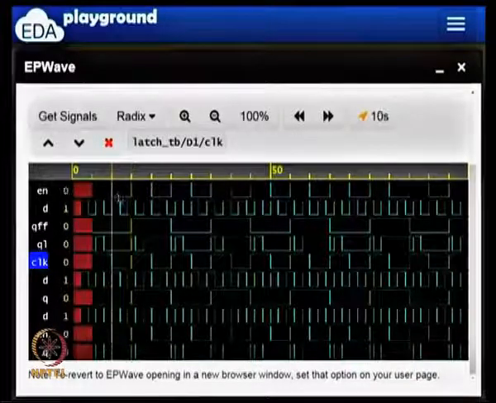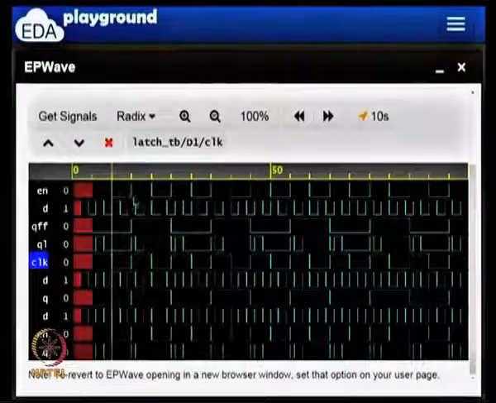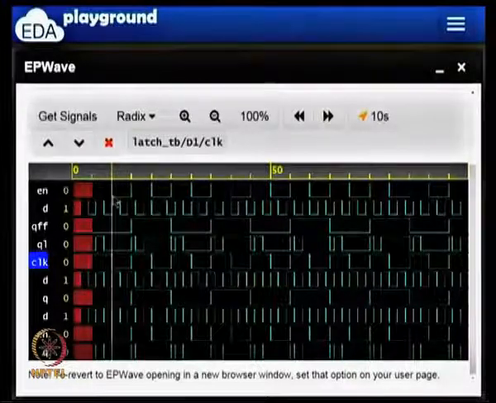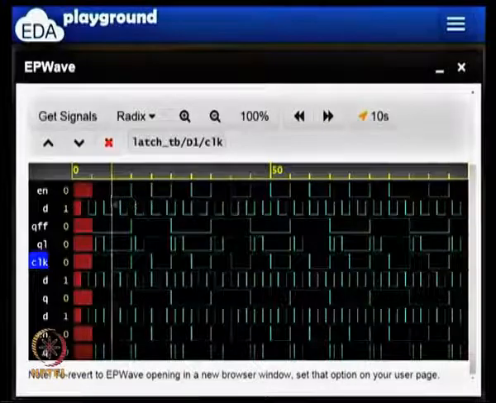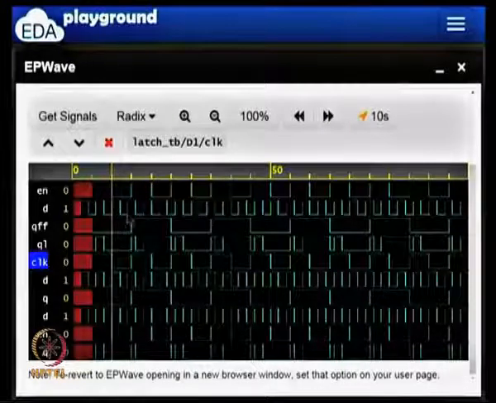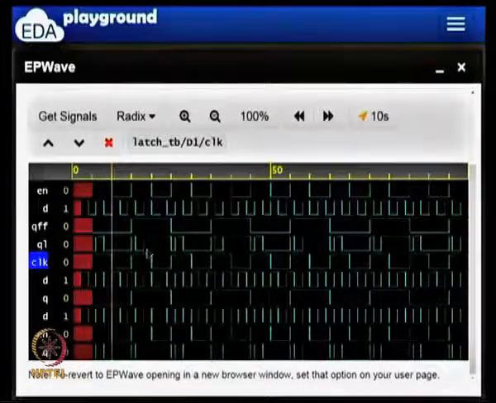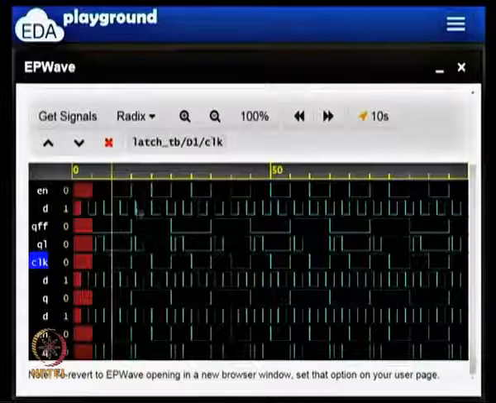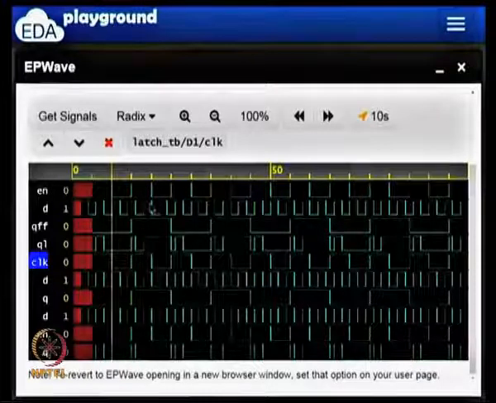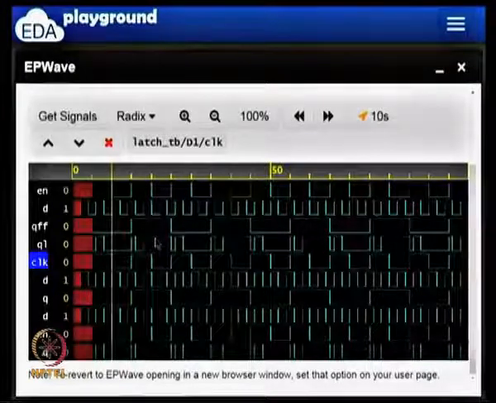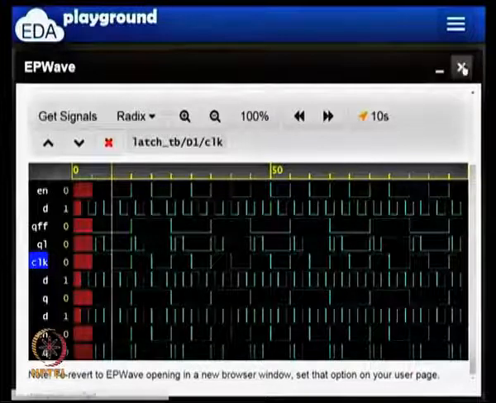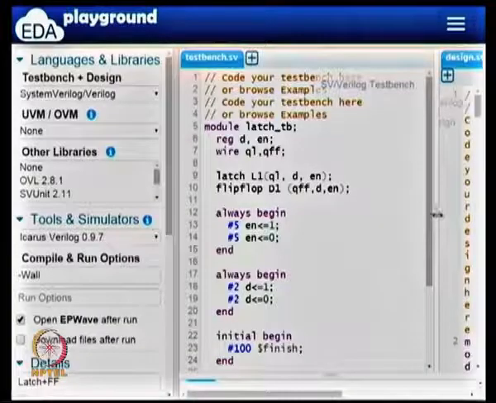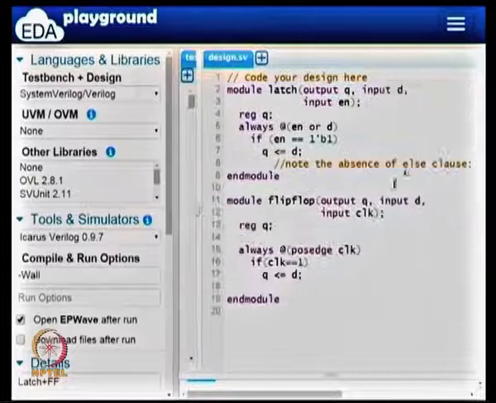Then if I pick between these two places in the waveform, enable is 0, which means any change in input will not be reflected as a change in the output of the latch. So you can see that only when enable is on, D is copied to QL; when enable is off, D is not copied to QL. So this is the design that we wanted for a flip flop and a latch, and we have that here.